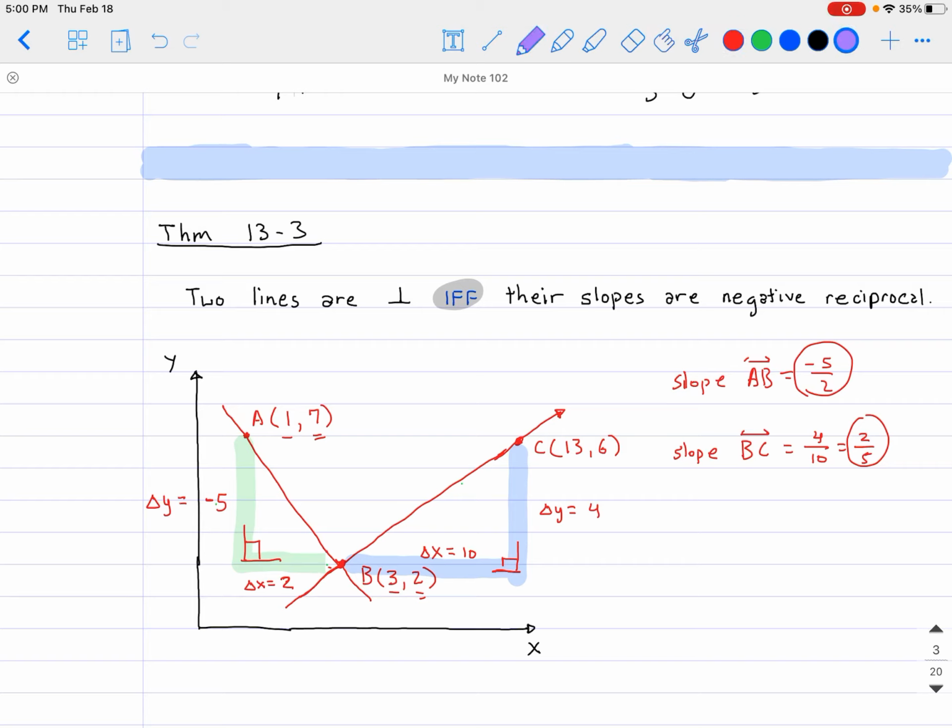Note earlier we were saying that this part right here, that is going to be 4. Note this part over here, that's going to be 10. This part over here is 2. This part over here is going to be 5, or technically negative 5 because we're decreasing. But more importantly, if you take a look at what I highlighted from each triangle,